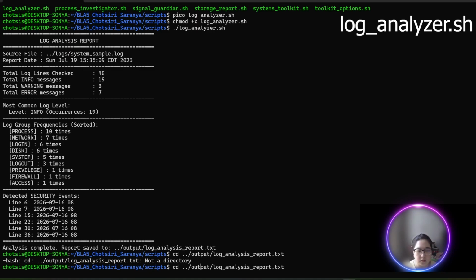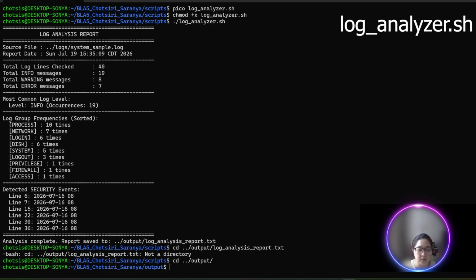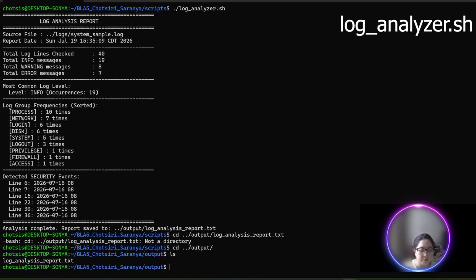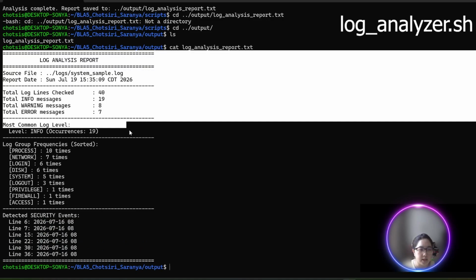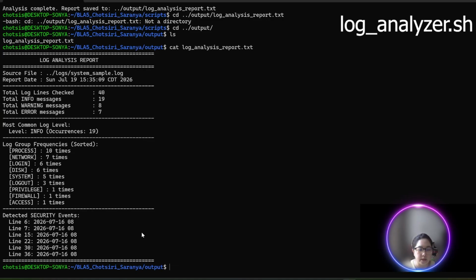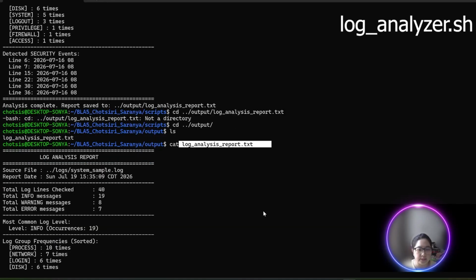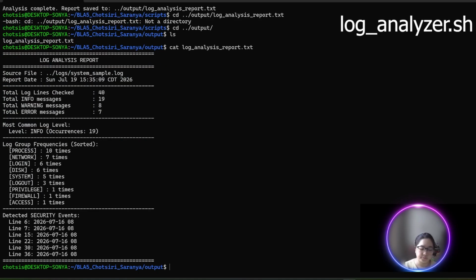See, I'm not showing the directory. Sorry. And then we have this file, so I will cat it to see the report. And this is the report that is saved. And this is the log analysis report. Okay, I will go to